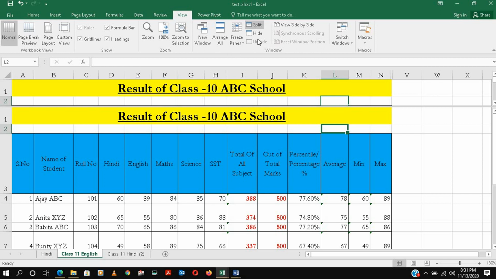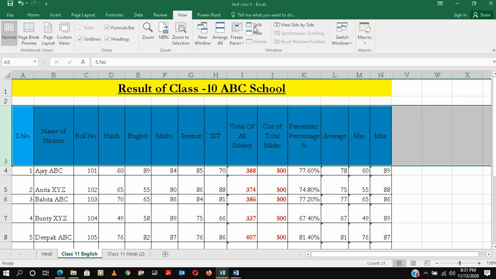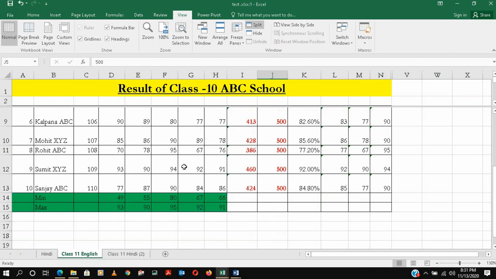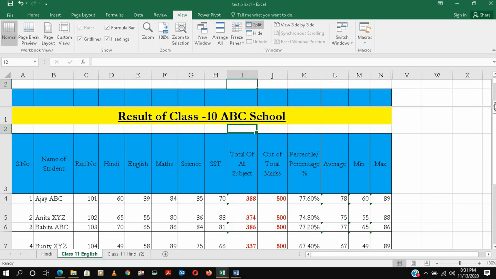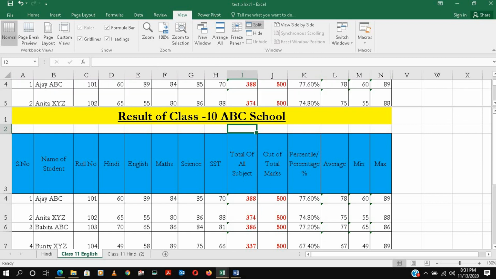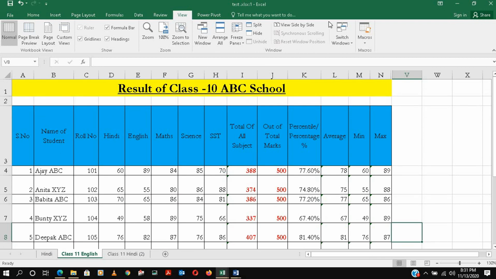Just a minute, I will cancel this split and make it once again. Now you can see two panes, and the top pane stays fixed. I'll scroll, so you can see all the headings there. So this is the split thing, and when we don't want the split, we turn it off.